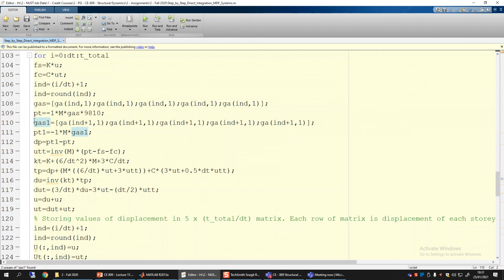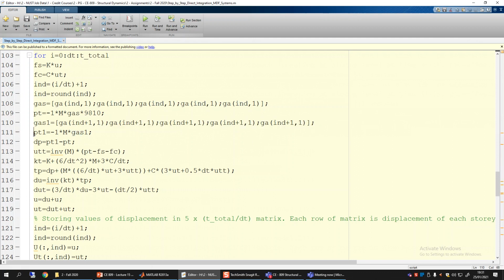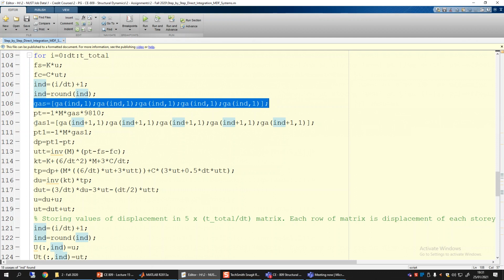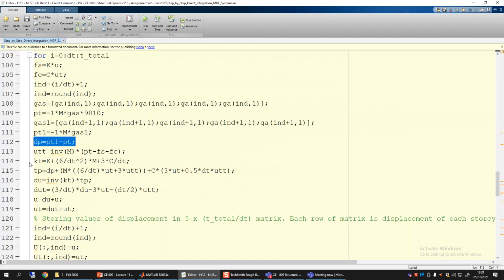Similarly, pt1 is basically the next time instance value. So we have first the index and then index plus 1, which means that one is at any time instant t, and the next line is the time instant t plus 1.